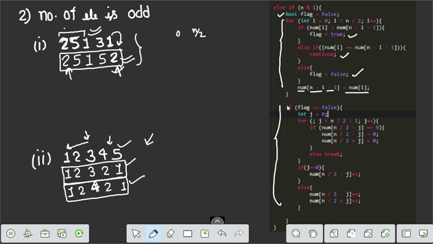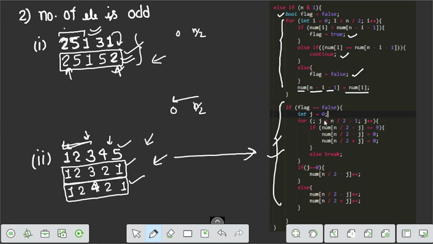If the number is already greater than the given number, there is nothing to do. If the number is less than, this case arises and this code runs. If the flag becomes false, we traverse from n by 2 to 0.